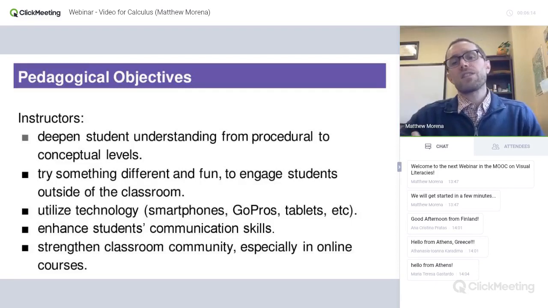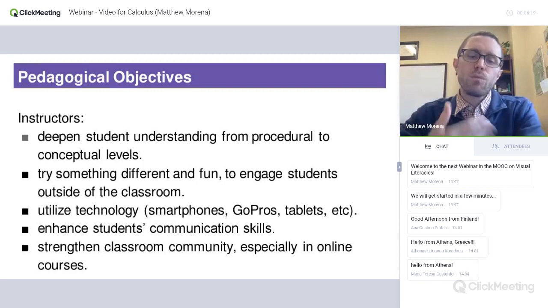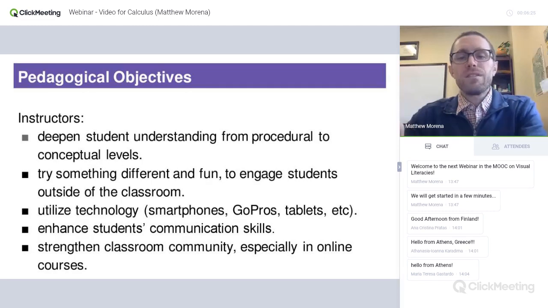This also gives us a chance to bring technology into the classroom, whereby students can use their smartphones and GoPros and their tablets, etc., in an educational context. This also gives the educator, the instructor, a way to develop a student's communication skills, so in particular their written and oral skills. And finally, particularly in online courses where it's very difficult to establish a sense of classroom community,